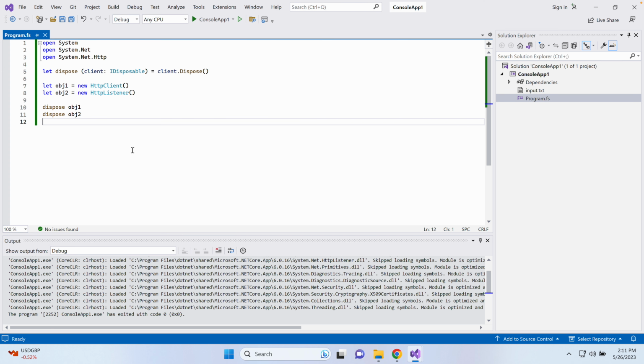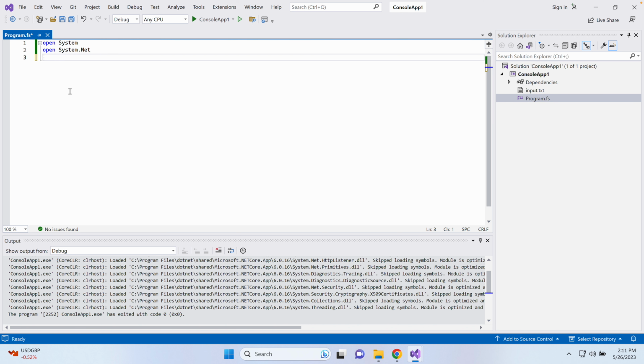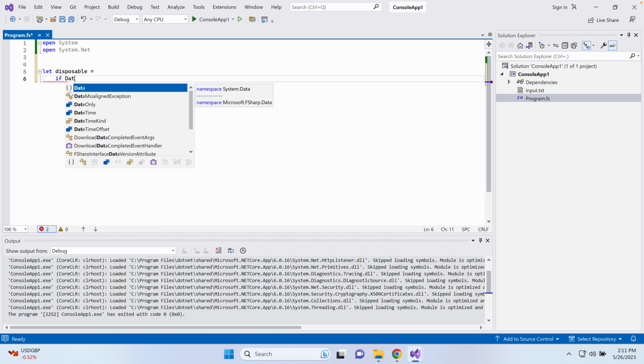What I want to talk about today is that sometimes this automatic upcasting is not done in F#. To show you one example of this, let me remove some of this code. I only need the first two open statements here. And let's create a disposable variable like this. I would implement this with an if statement. So I would say if, let's do DateTime